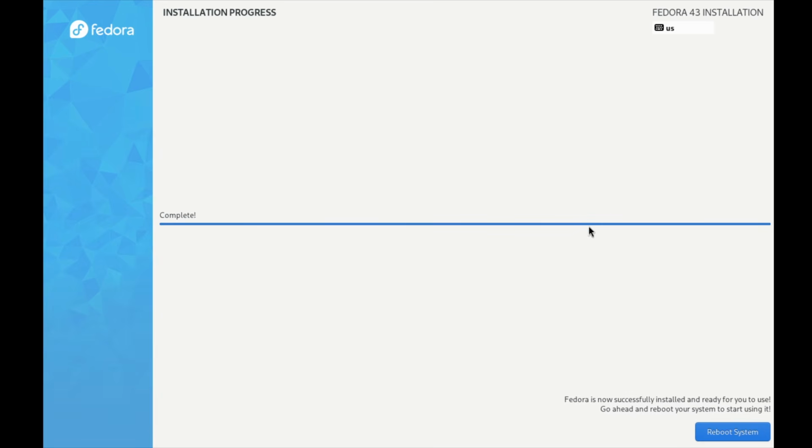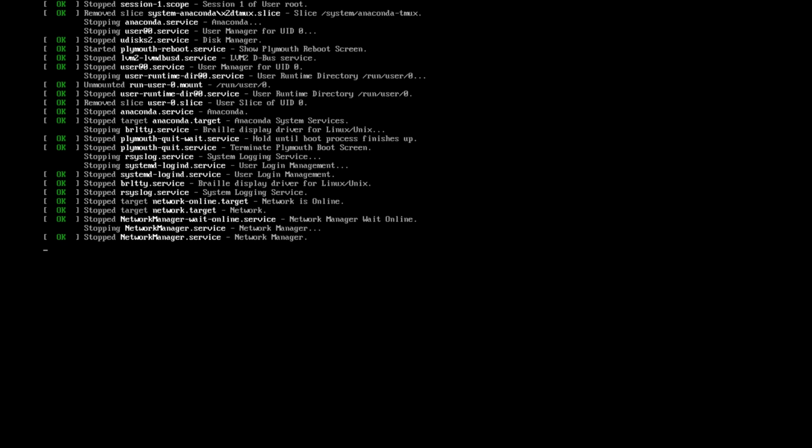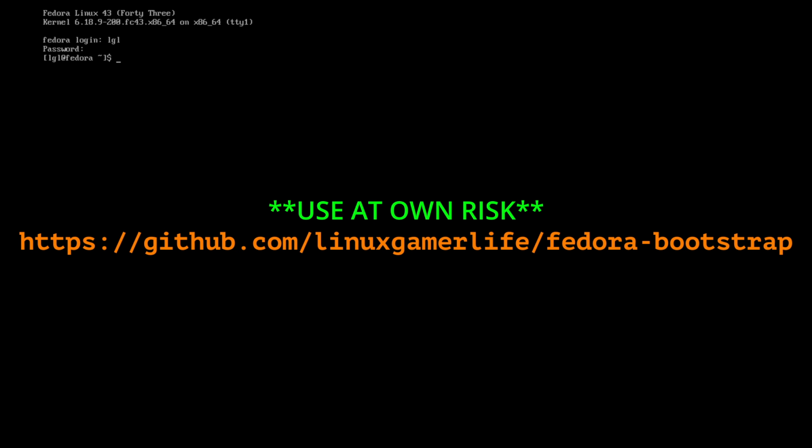Okay, so that's phase one done, which is basically installing the base system. I'm going to reboot, and this should take us straight to TTY. There we go. So we're going to log in with the account you just made. Now there's two ways to do this. You can either follow the script on GitHub, or you can do it the way that I remember, which is